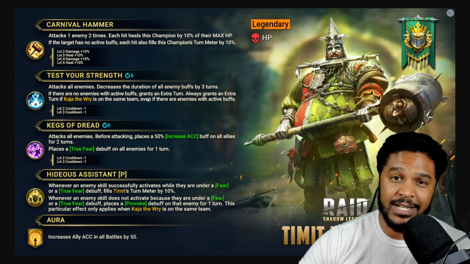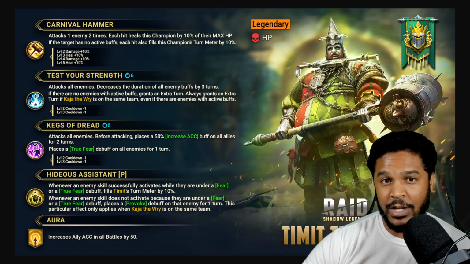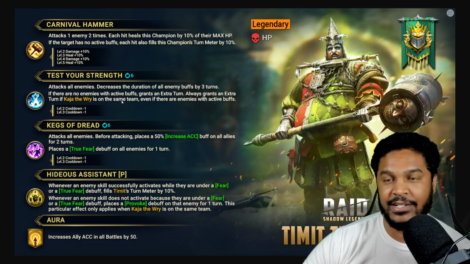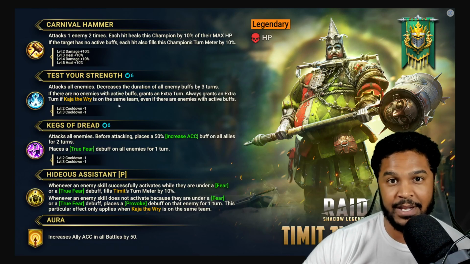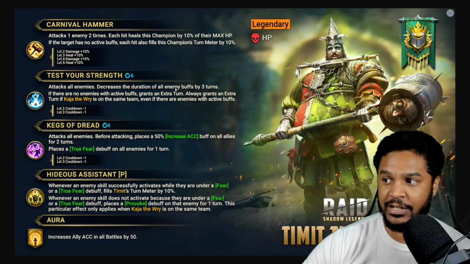Now, I will say Andrecia doesn't put increased defense on her champions. She only puts it on one champion if she takes a turn, so it's a little bit tougher to utilize her unless you have crazy fast gear on that champion. But then it also diminishes the amount of HP and defense, like EHP, you can put on that champion in general. Whereas for Timit here, he's going to decrease the duration on all enemies by 3 turns, which is great